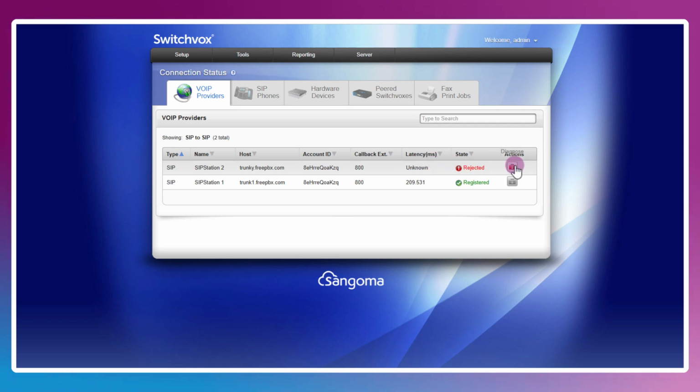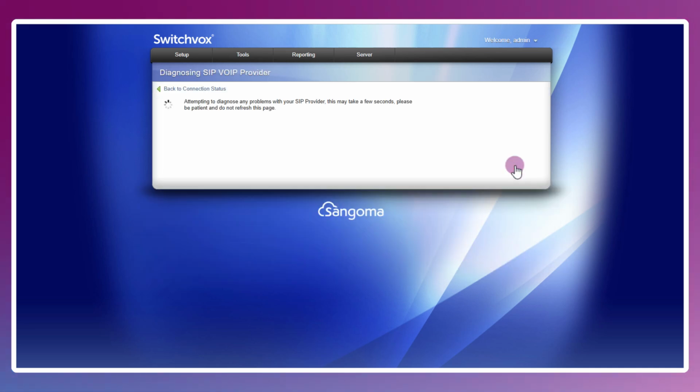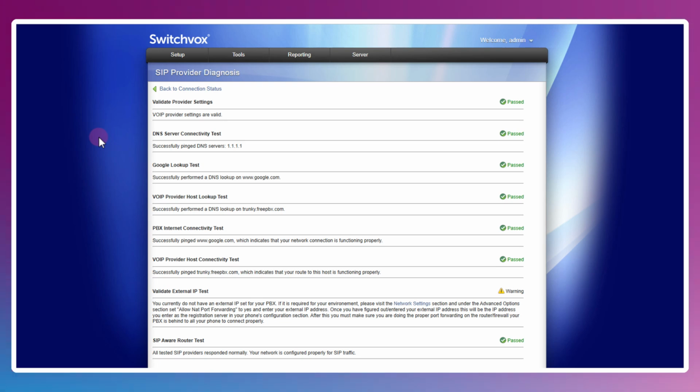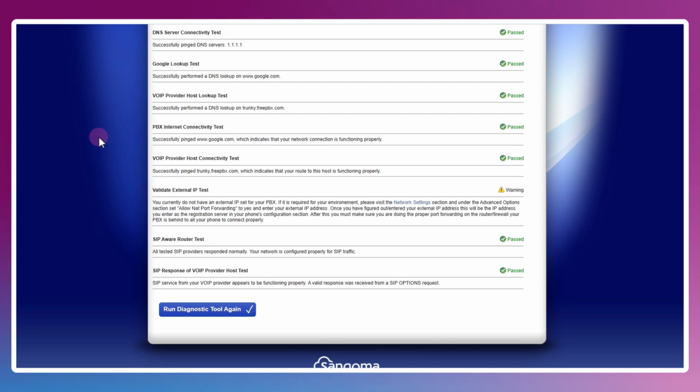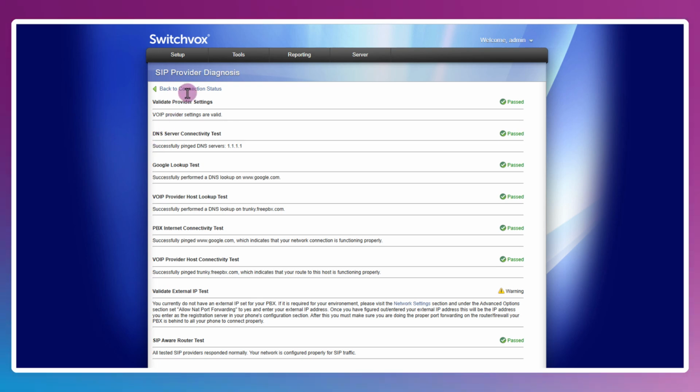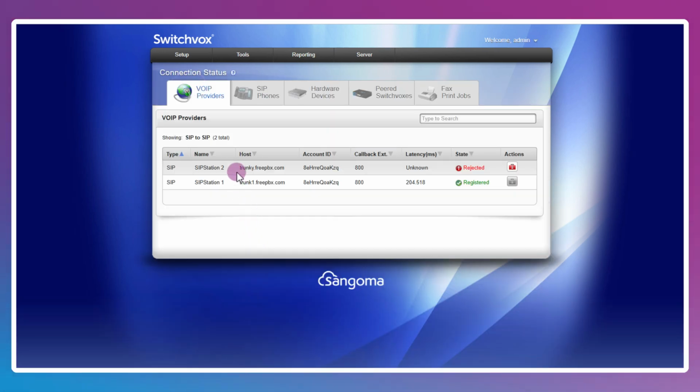In this case, I may want to do some diagnostics here by clicking on the actions button. This is just an example of a diagnostic test that took place. Some of the information here may actually resolve your issues, and it's just nice to have it done all for you in one place. Now in my case, I purposely sabotaged the host name. Switchvox wouldn't know the exact host name of the SIP provider or the SIP trunk that I'm trying to use, so this one's actually a little bit more tricky, but I can just double check that and realize that it should say trunk 2 as opposed to trunky.